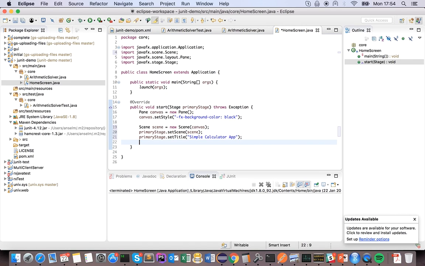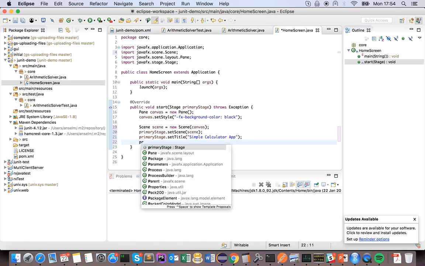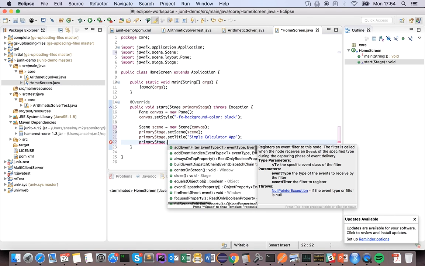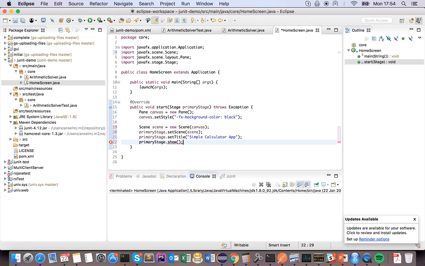Okay, and once we're done with this, we can then tell the primary stage to show and pop up. And that's it. We're done with the scene, the canvas, the stage. Yeah, I know it's a lot to take in, but this is the way JavaFX displays and shows its